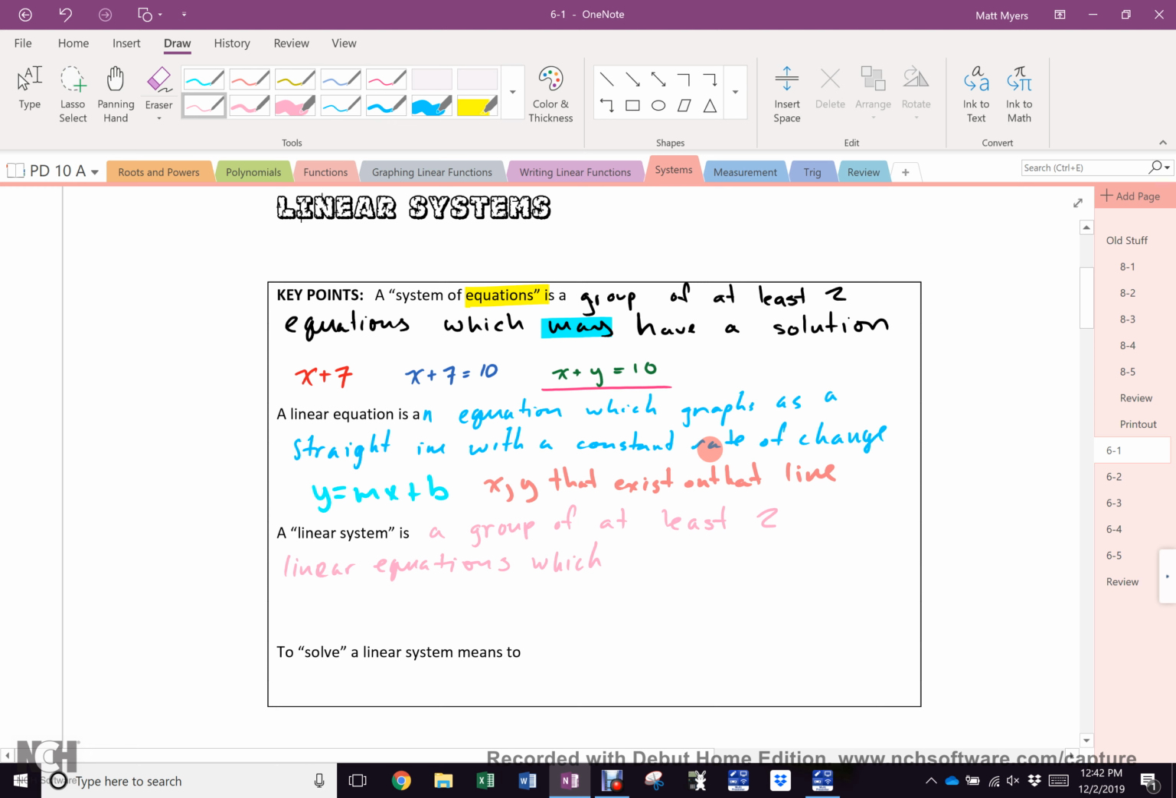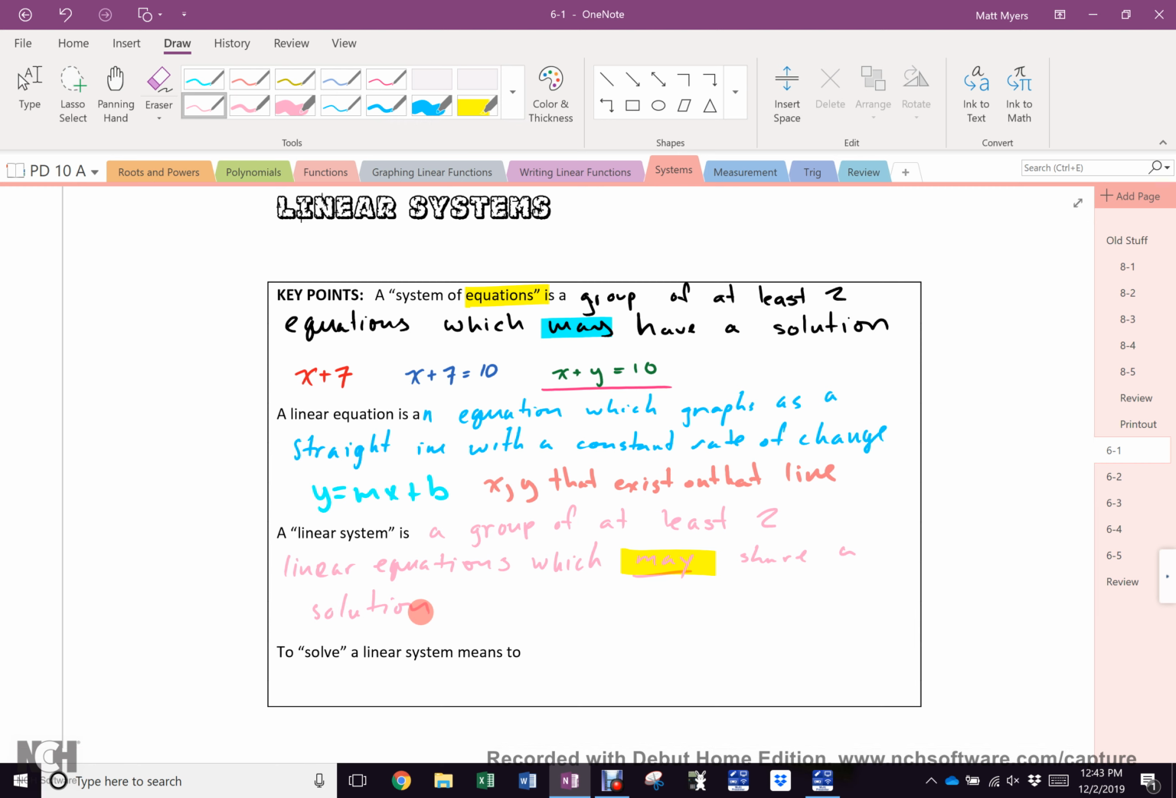Read the two definitions we've already written. A group of at least two equations which may have a solution. That is a system of equations. A linear equation is an equation which you graph as a straight line with a constant rate of change. So a linear system, if it's got to be a group of two equations, then how many lines will I have? 2 lines. At least 2 lines that may have a solution. Group of at least 2 linear equations which may, and I should highlight that, may share a solution. Now, if all lines are made up of x's and y's,